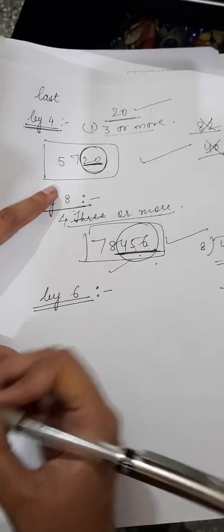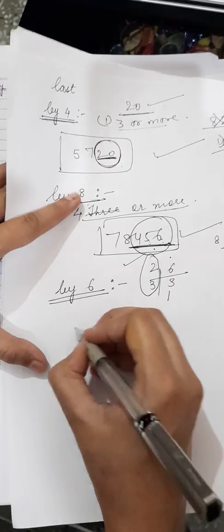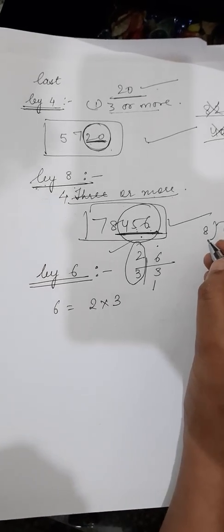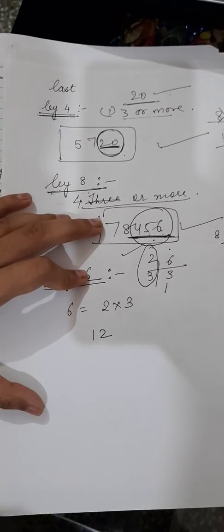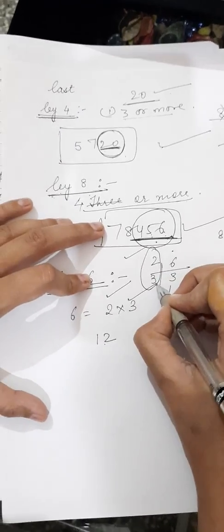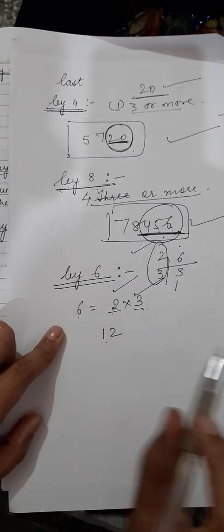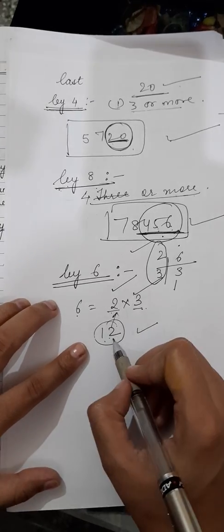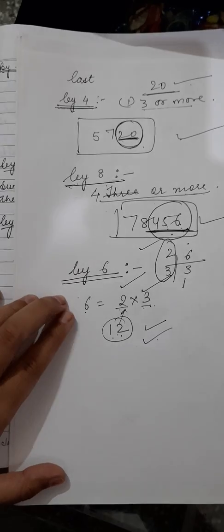Now for 6, what are the factors of 6? 2 3s are 6, 3 1s are 3. So what are the factors of 6? 2 and 3. So if you want to check whether the number is divisible by 6 or not, just check that number, for example I am taking 12. Just check that 12 is going on the table of 2 also and 3 also. If it is going on both the tables, that means this is going on 6 also. 12 is going on the table of 2, yes it is going. 12 is going on the table of 3, yes it is going. And now it is going on both, that means it will be divisible by 6 also.